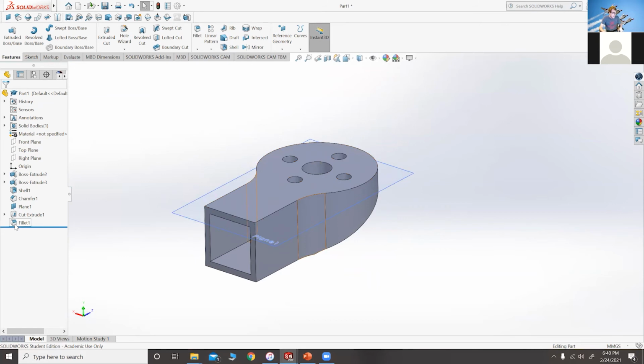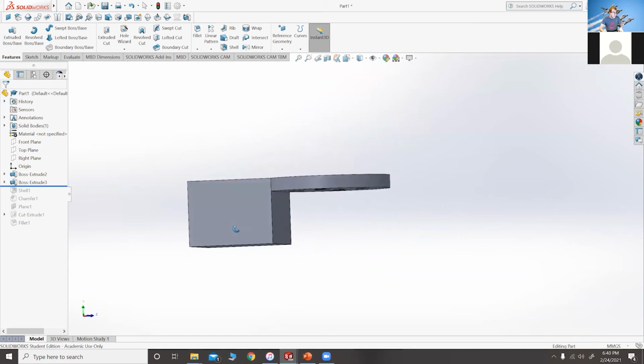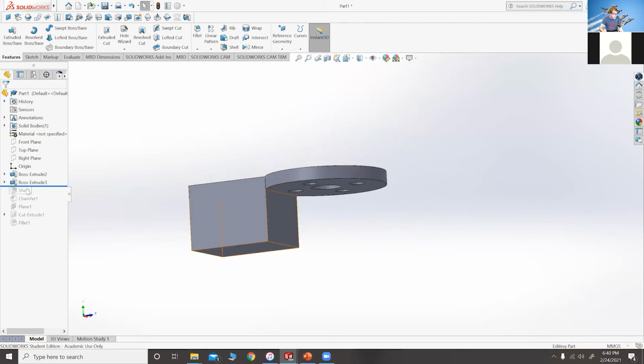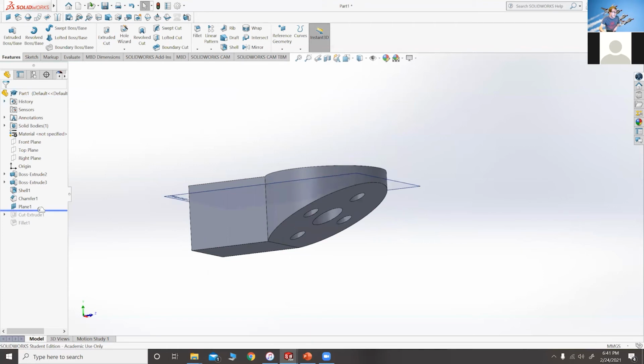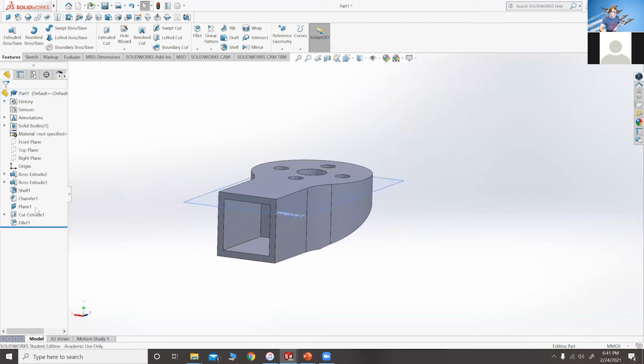So I just wanted to highlight the purpose of this timeline over here. This blue line we can drag in SolidWorks, and it'll revert the part to a previous state. All of these other operations that we performed to get to that final solid body are grayed out. And this is pretty useful because you can see how the part is built one operation at a time. And what's also nice is we can go in and we can say,